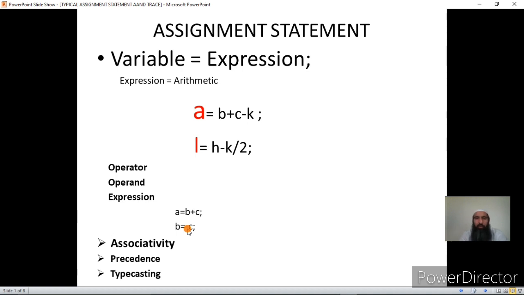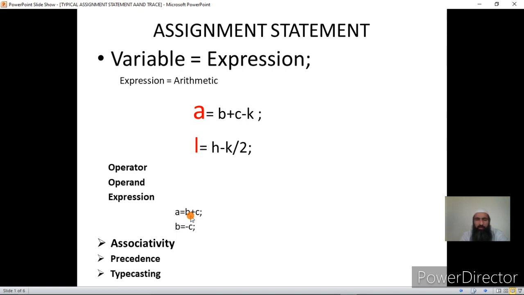Now, operators are of different types based on the function. So some operators are called arithmetic operators because they are used for arithmetic operations. There are operators called relational operators. There are operators called logical operators. We have started using some of the arithmetic operators, and in a program where we find the largest of two numbers or three numbers, we used what we call a relational operator and a logical operator.